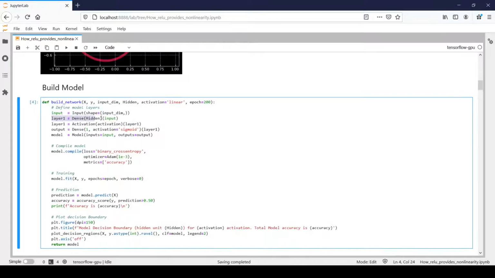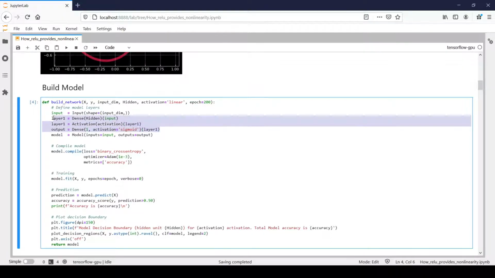Next, I have defined a fully connected layer which will simply take data from my input layer, which I have defined within this square bracket. So once it is computed, it will be passed to the activation layer. So that's what I have defined next. And lastly, we have one output layer which will simply take the output from my activation layer and generate a prediction, right? So here I have defined one neuron and the activation for that layer has been defined as sigmoid, right?